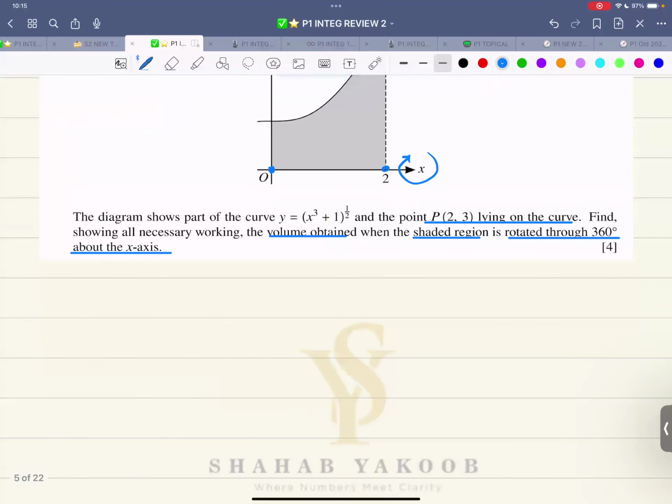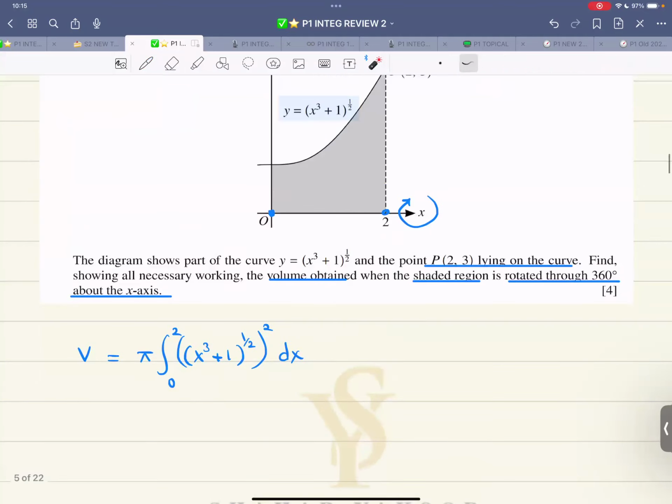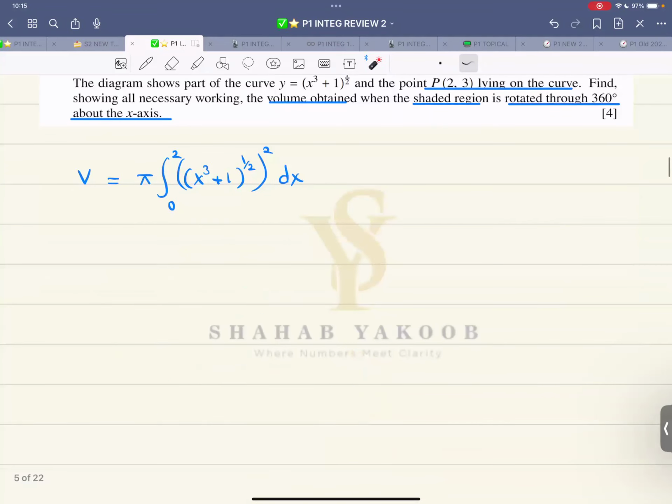So now I'll write volume, that is pi. The limits are 0 and 2. The equation is x cubed plus 1 raised to power of half. The whole thing square dx. Is the step clear? It already has a half on this thing. After squaring, it would cancel out and life will become easy. That's why it's worth only 4 marks. So this is pi. This is 0, this is 2, this is x cubed plus 1, this is power 1